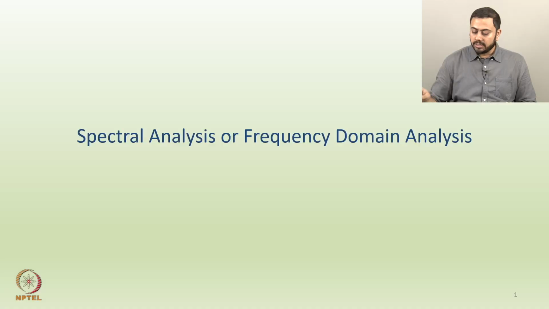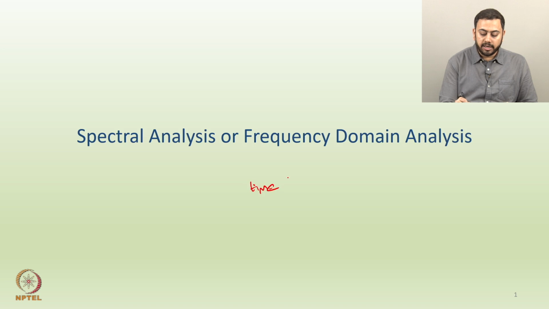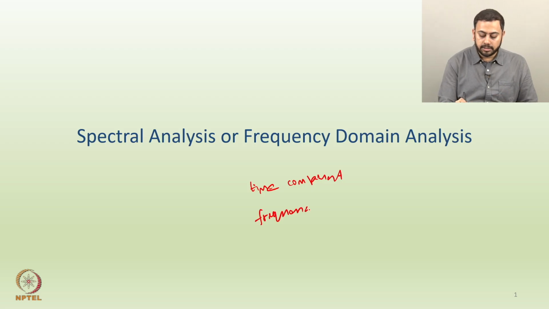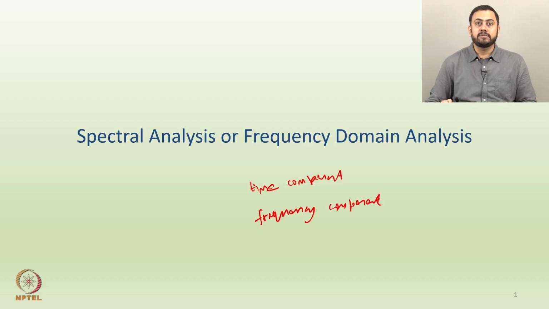Just to summarize what I have spoken till now: a time series can be visualized using two different ideas. One would be visualizing it as we've been doing so far, through a time component, or the other way to visualize the same series is through a frequency component. Frequency component means, can you combine a bunch of sine curves and cosine curves, create a linear combination of that, and superimpose it on the underlying time series.